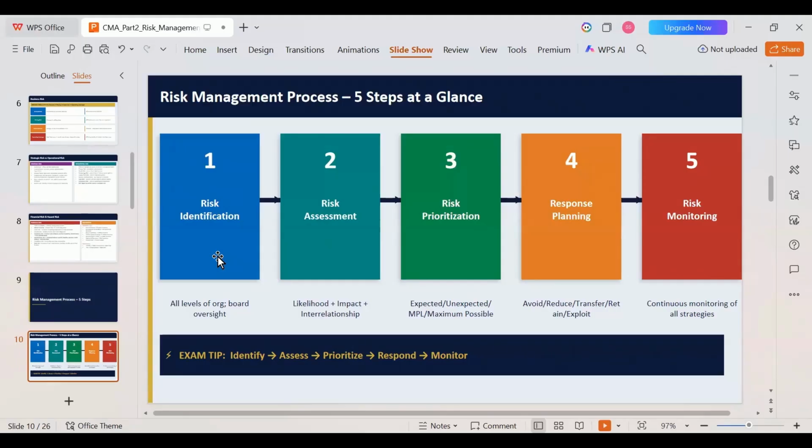That is response planning. Then comes risk monitoring. Now you have found out the risk and you have also found out the way you have to respond to them. So the last step is you have to check whether your risk response is able to reduce the risk in your business or not. There has to be some change, some reduction in the risk in your company. Is your risk response able to bring that reduction or not? You will be monitoring in the fifth step.